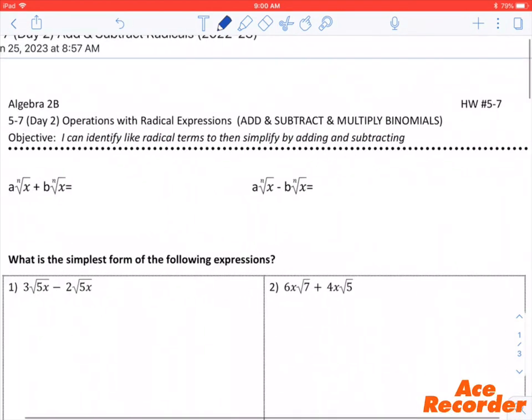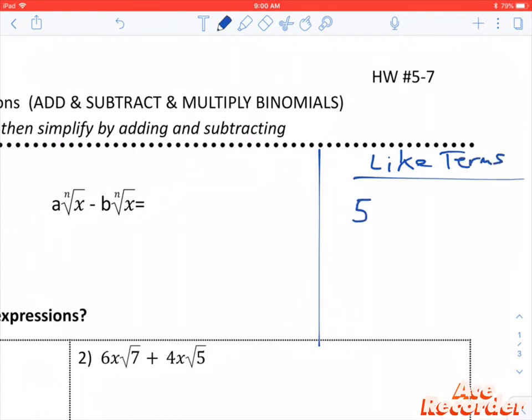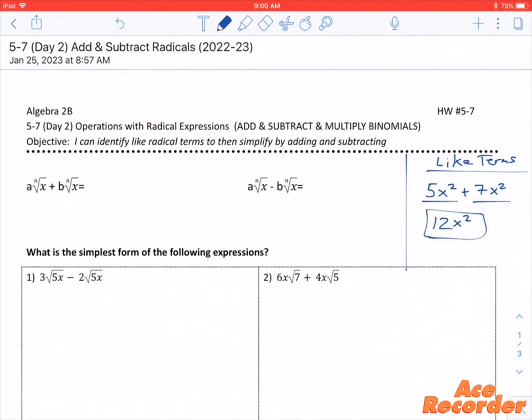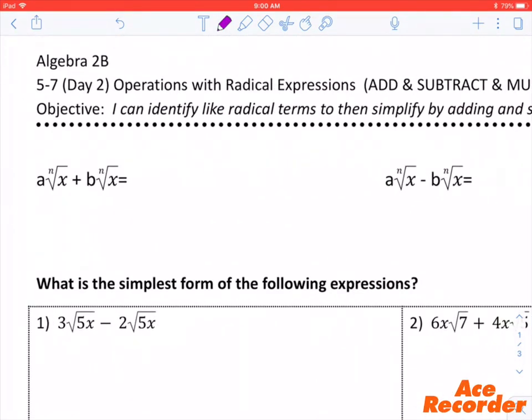So if you recall like terms, this is just a side note here. Like terms are things that have the same variable and the same exponent. So if they had a different variable or a different exponent, we couldn't add these together. But these have the same variable, same exponent, so we can add 5 plus 7 is 12, and then x squared stays the same. So combining like terms is very similar to what we're going to do today with combining like